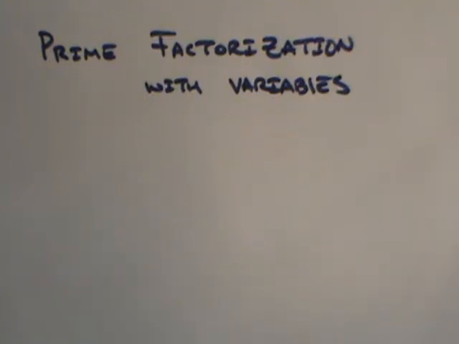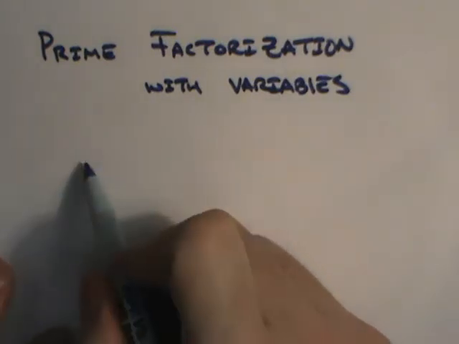In this example, we have prime factorization with variables. It's one of the few times that in algebra, when we add the variables, it's actually going to be, I don't necessarily want to say simpler, but it's going to be very simple when you add the variables to it. It's not as complicated as breaking down a regular composite number. So let's say that we start with something like